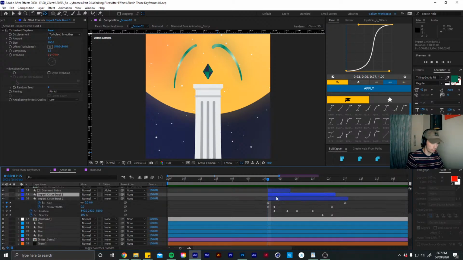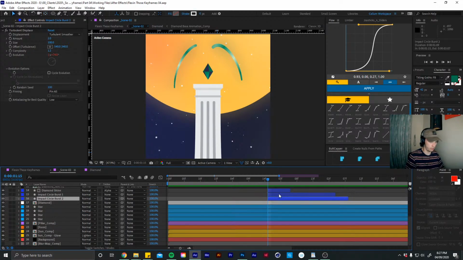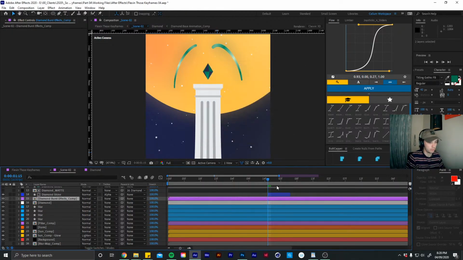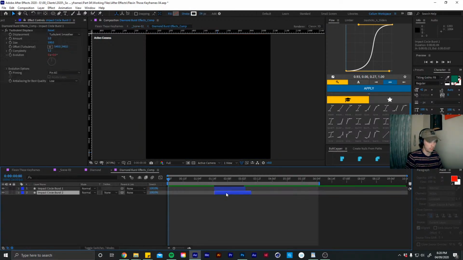Cool. So let's grab these two burst layers, and I'm going to pre-compose these and call these burst effects comp. Let's make this more specific. Call these diamond burst effects. Cool. So these are going to live inside this comp,